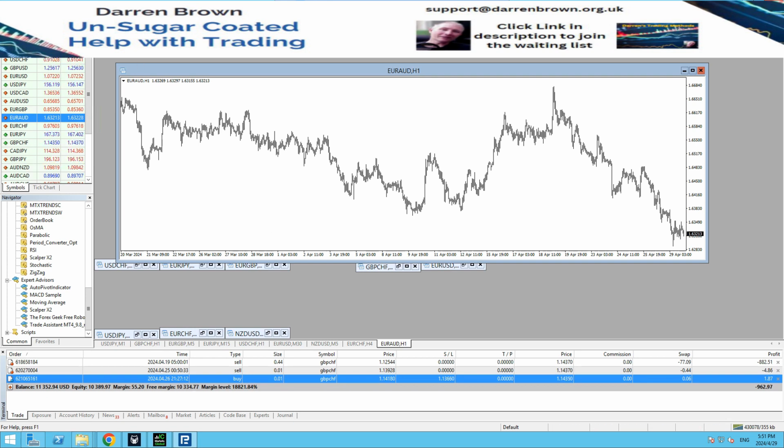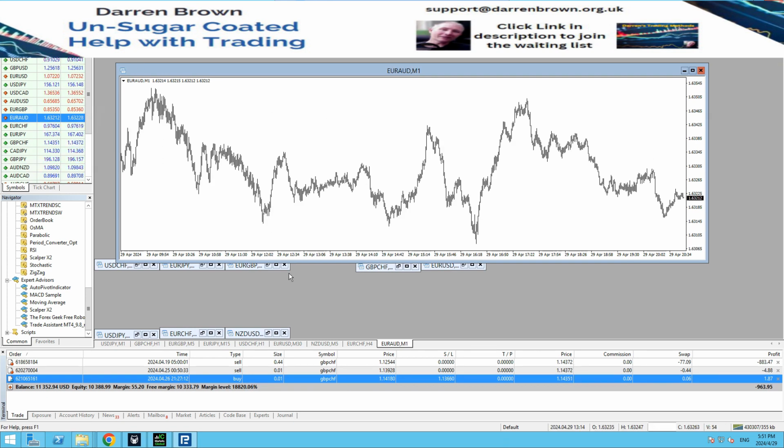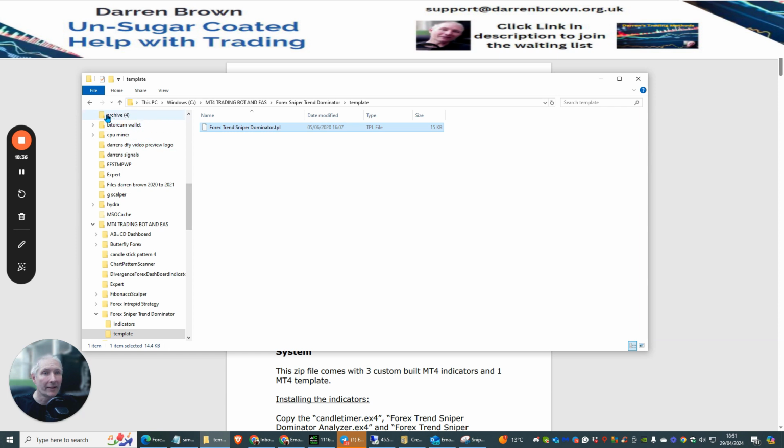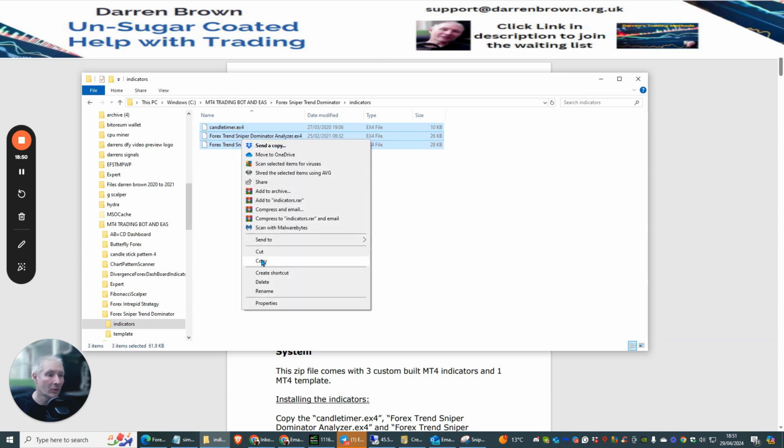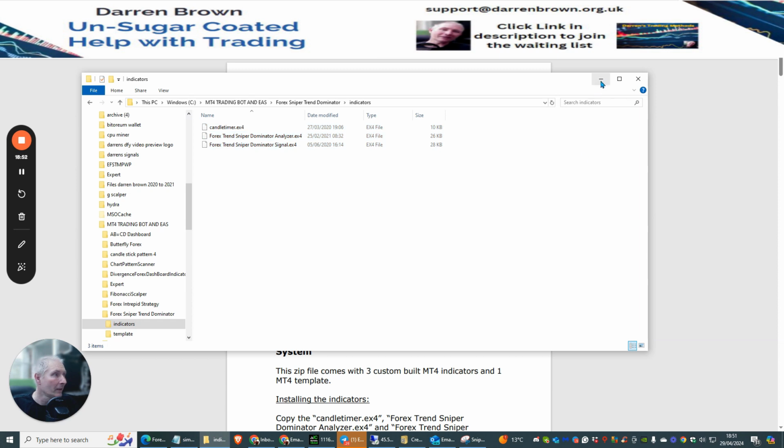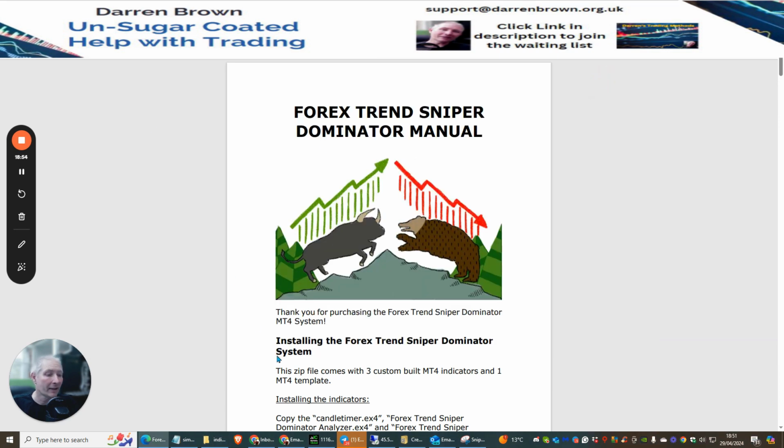Now we're going to head over, just going to change this to a 1 minute time frame for Sniper. And then we're going to head back over to the indicators, which is inside your zipped file, which you would get. Going to go to indicators. We're going to grab all 3 of these indicators. I'm going to right mouse click. We're going to copy, and we're going to go back